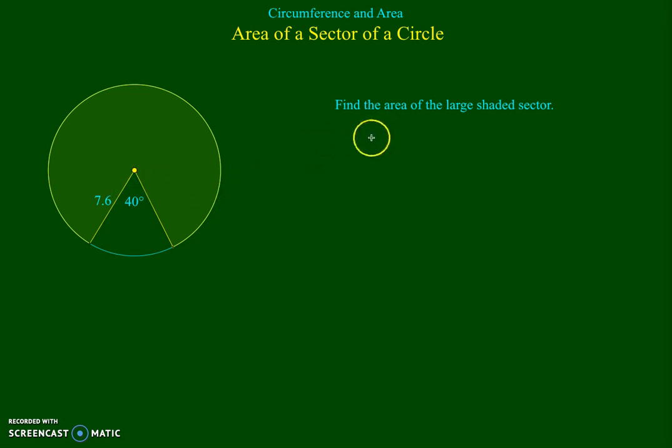Let's do area of sector is to area of circle as central angle is to 360. The reason I do this, the more you write out the proportion, the easier it's going to be for you to remember it. So I just write it out every time, and it just becomes instinctual after a while. So area of the sector is to pi r, 7.6 squared, as central angle. Well, that's going to be 360 minus 40, which is 320,